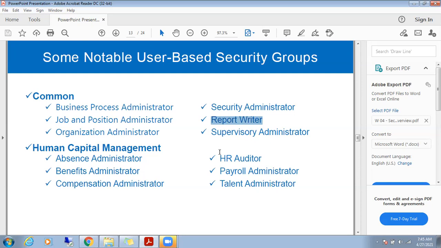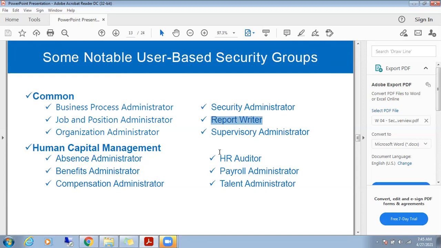Whenever it comes to the user based, you go for administrator. Remember this word. Only report writer is a different one, but you can say admin.